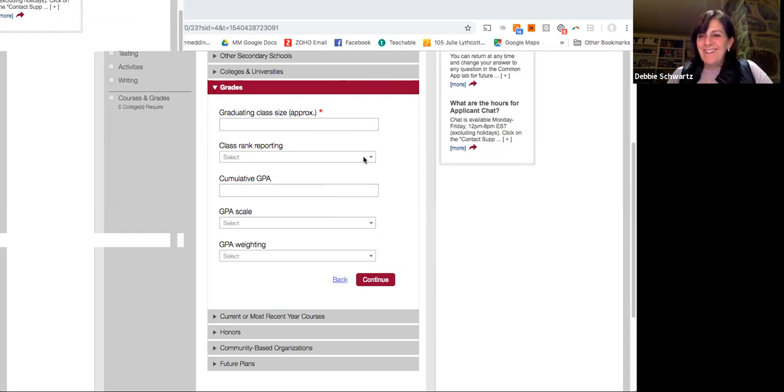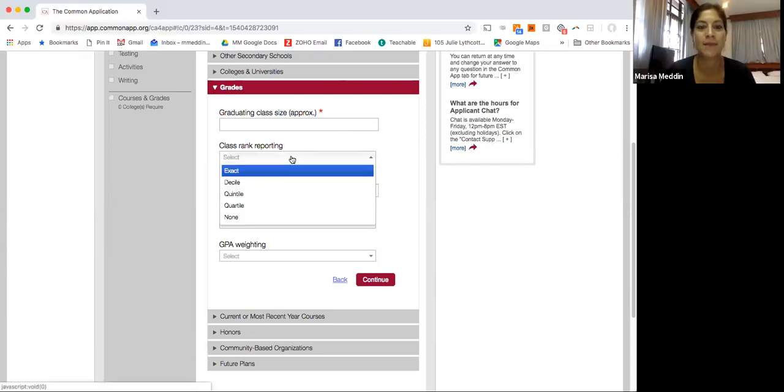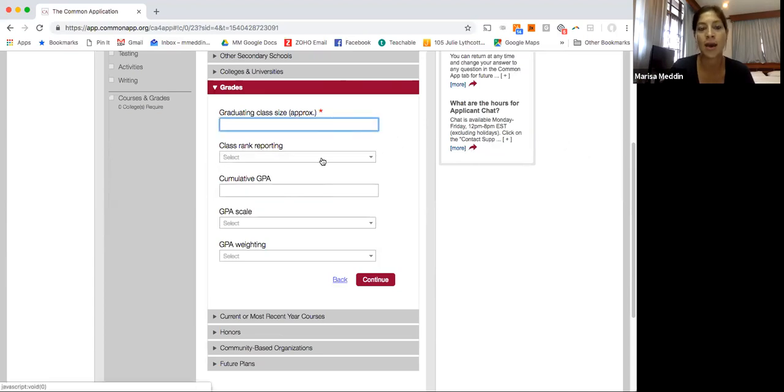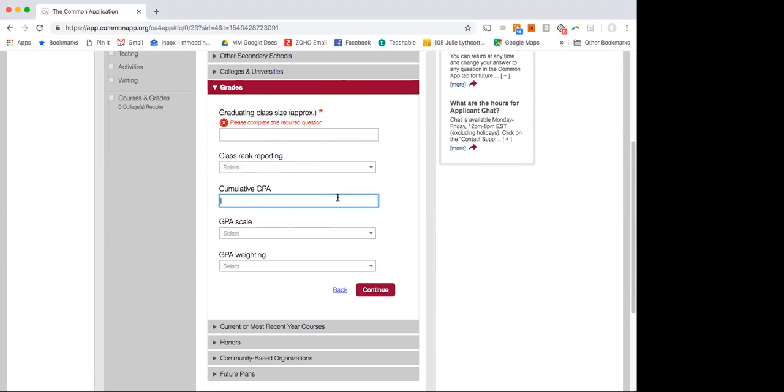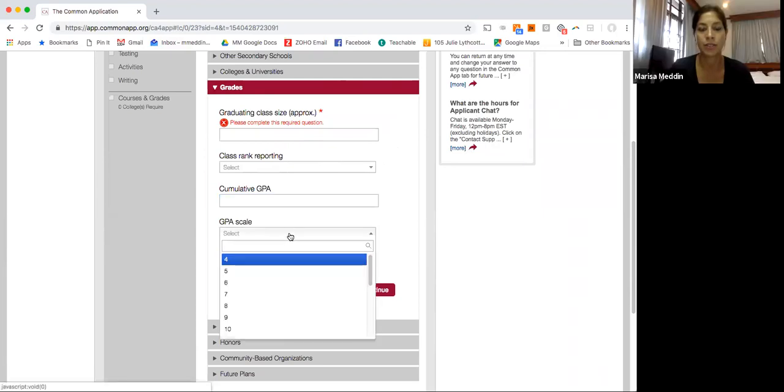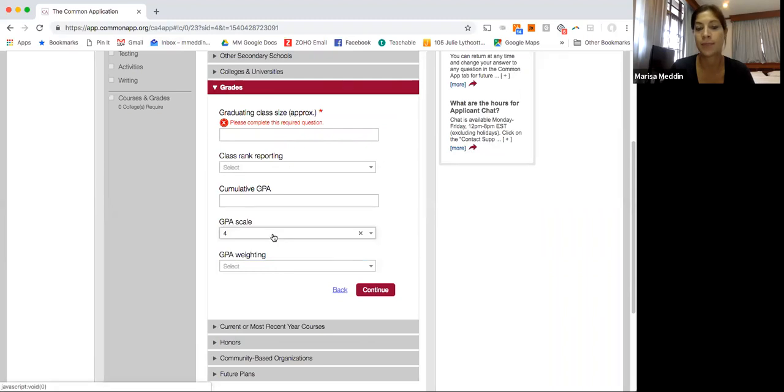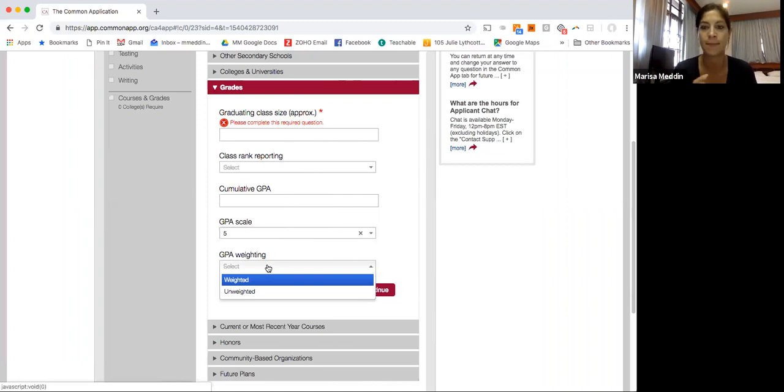talk about. Okay. So when we get into the grades, you'll see some schools have different class ranking systems. So you put the class size, how it's ranked, your cumulative GPA, GPA scale. So some schools are out of a 4.0, some are out of a 5.0. So this is where you get into the specifics of self-reporting, weighted versus unweighted. So hopefully your kid will know a little bit about this, but feel free for them to ask their guidance counselor, their college counselor. If they're not sure about any of these parts, their guidance counselor should be able to